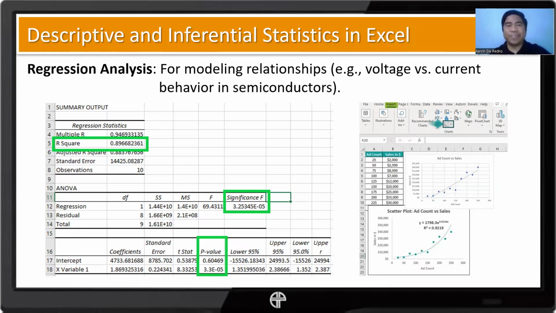Okay, so we can use regression analysis for modeling relationships, but before that, we can also use correlation. We have the correlation formula. We're going to demo that anyway. For example, this is variable A and variable B. One of them is the independent and the other is dependent. So we want to check whether these variables have a relationship with each other. So you can use the correlation formula for that.